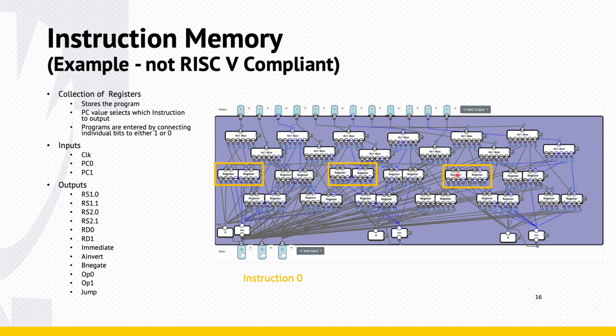Each register is 2, so we need overall 6 registers to store 1 instruction. So this is instruction 0. Here's instruction 1. Here's instruction 2. And here's instruction 3, right? So this is why I said wiring this, there are limits. This is as wide as the NAND game goes,